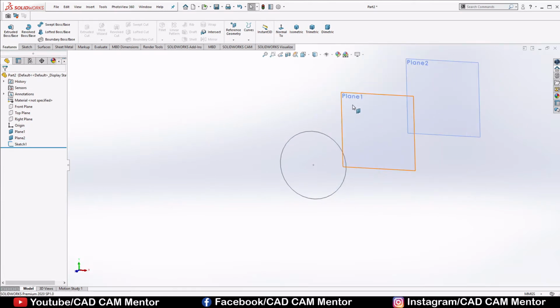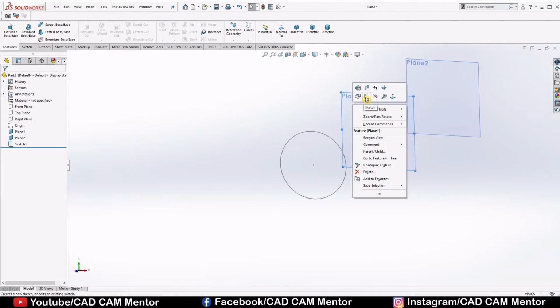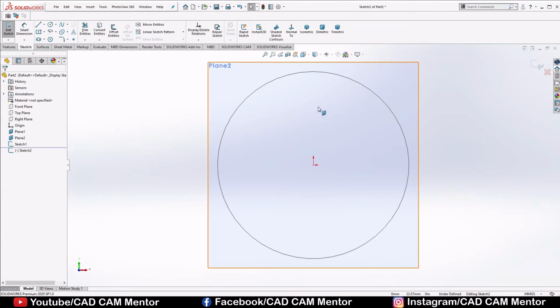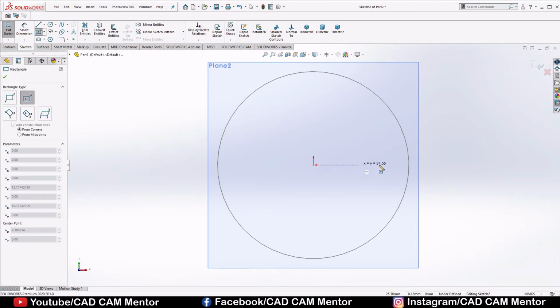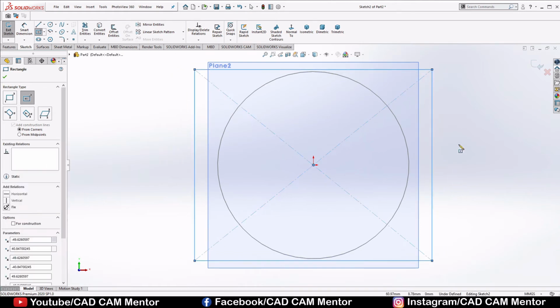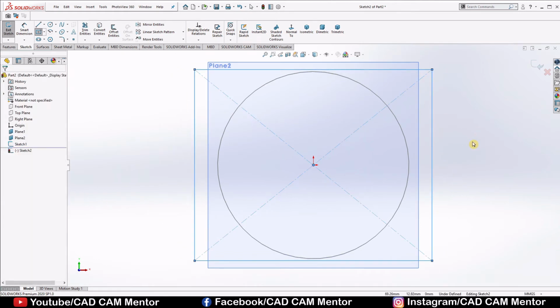Then select this second plane and select Sketch. Select Normal To. Now we'll draw one square here. So select the small arrow beside the rectangle and here we'll select Center Rectangle. Click OK here.